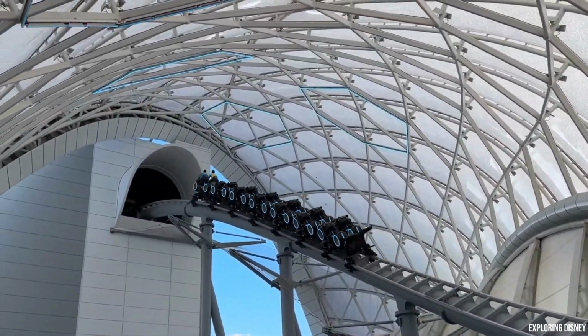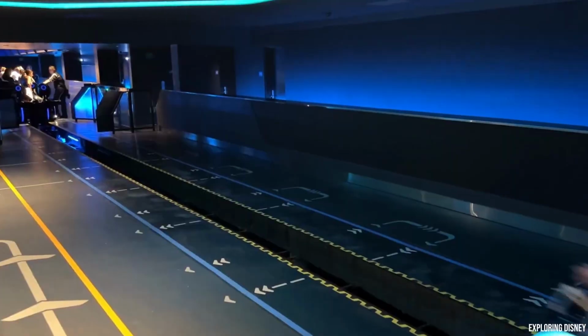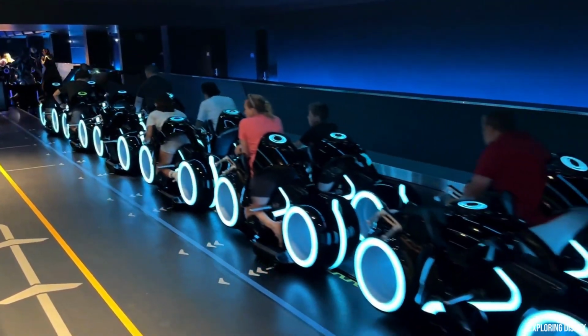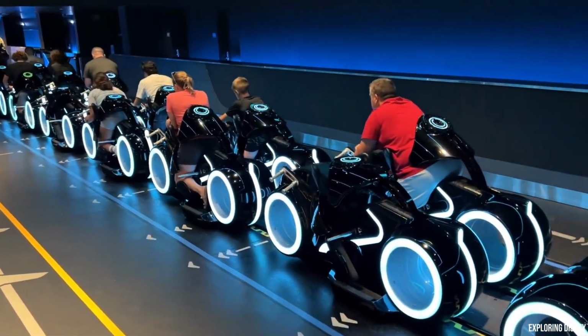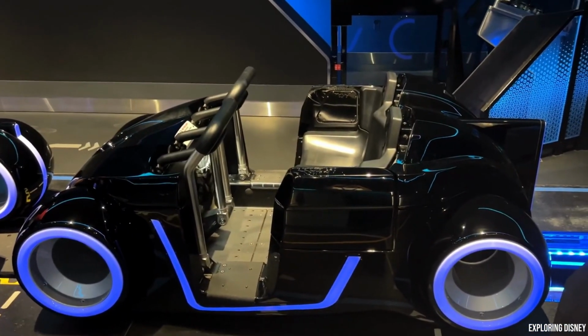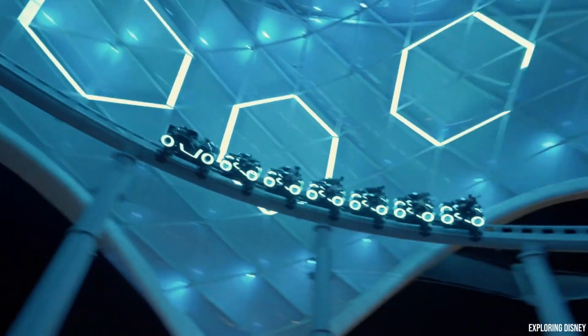Before you hop on, be sure to test out the seating at the test seat located just before the indoor queue, especially if you're concerned about comfort. Some of the trains feature standard seating in the back row, giving you an option if the motorbike design doesn't suit you. Once locked in and ready to go, hold on tight for one of the most visually striking rides